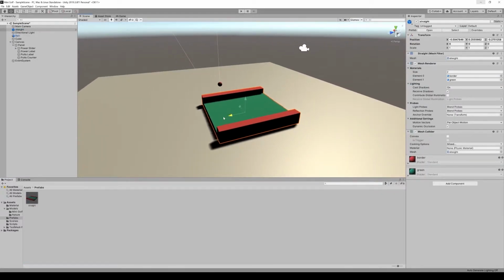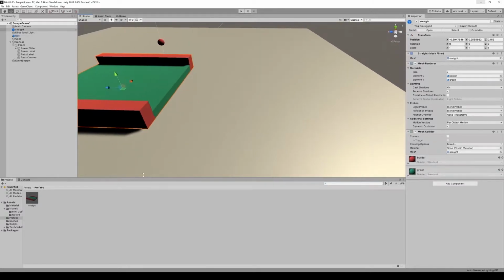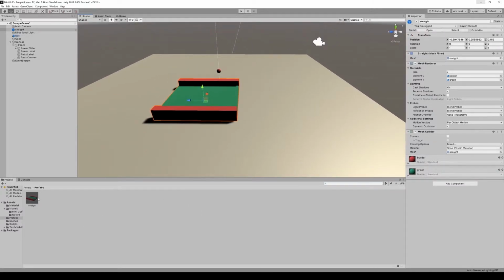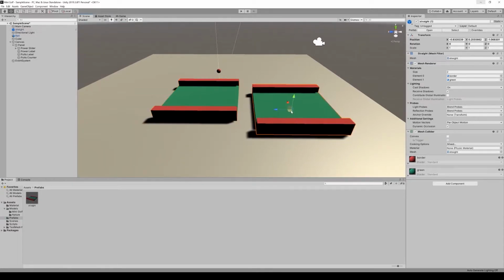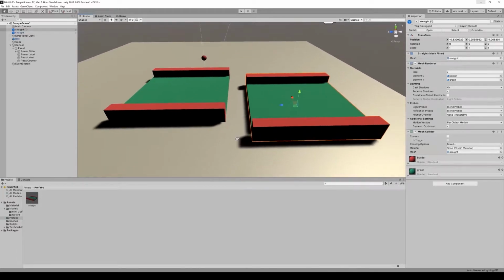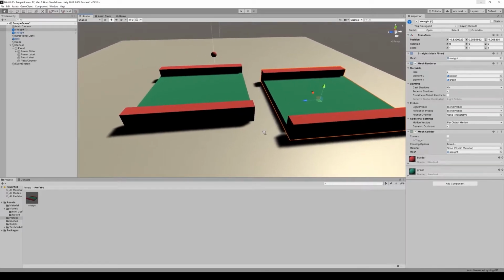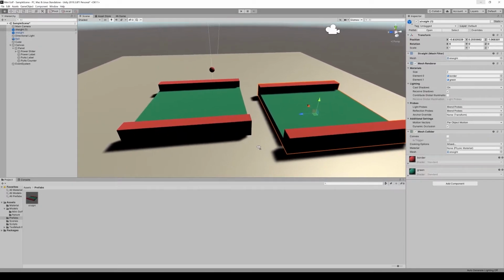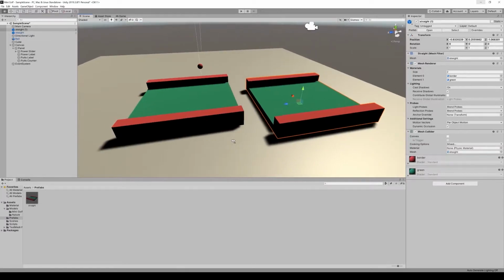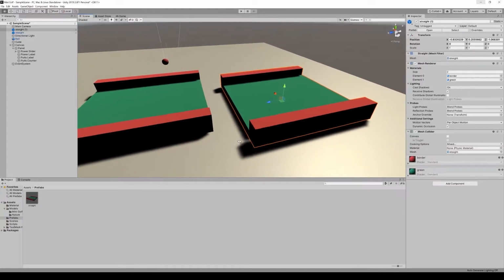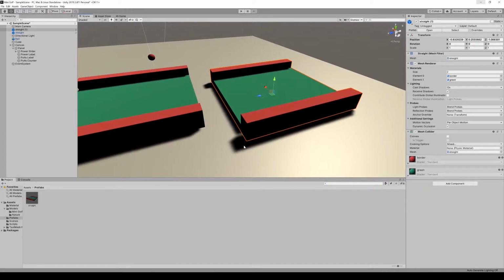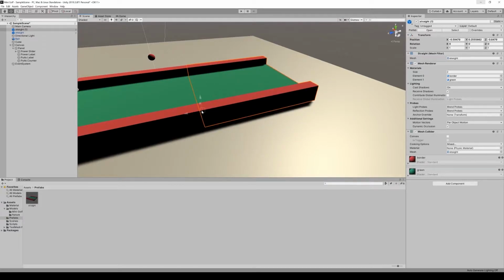So now any changes we make to this piece will then also be made to this piece here. And when we drag this piece out, it will also have the mesh collider already attached. Now because this is a modular system, we'll need to snap these pieces together using Vertex Snapping. So holding down V, when you put your mouse near a vertex, the snapping tool will appear. So we'll just grab the corner here, left click down,